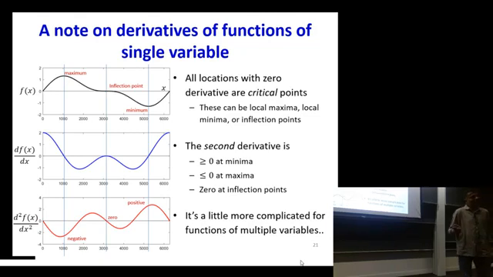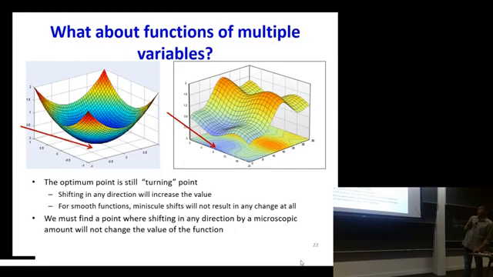Right? That's the reason. At the inflection point, the derivative is guaranteed to be 0, but if the function goes like so and then flattens out, what's going to happen to it? Right? So now, what about the functions of